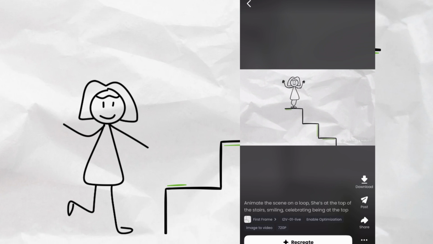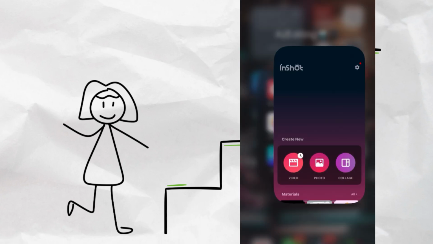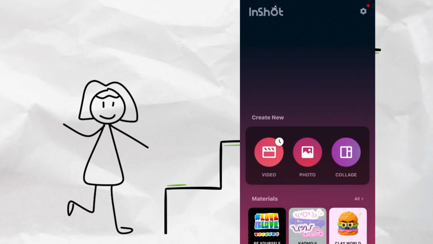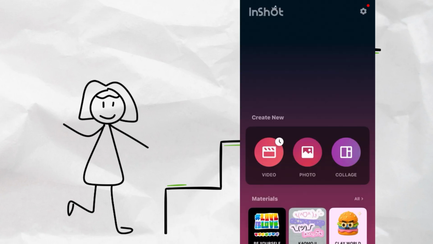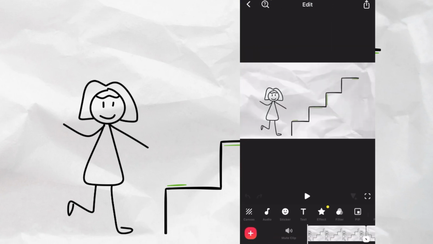There she is. She reached the top of the stairs. She's jumping, she's dancing. And once we have that, we're going to head on over to the InShot editing app. And if you use another editing app like CapCut, same thing. You just gather all your clips, and here you're going to further